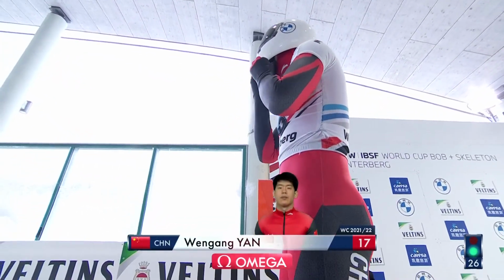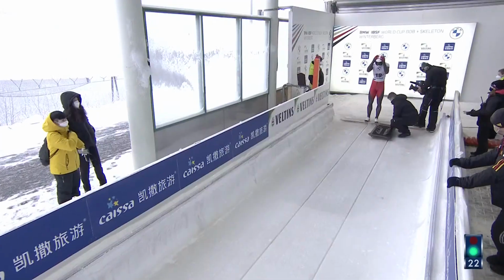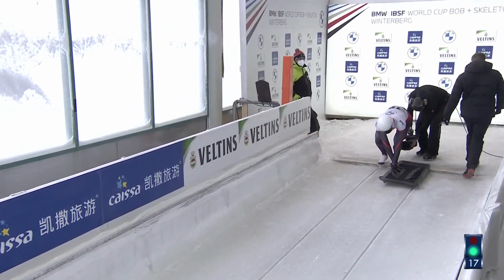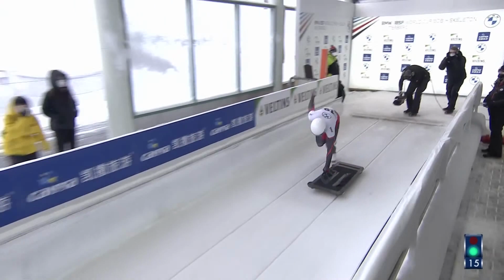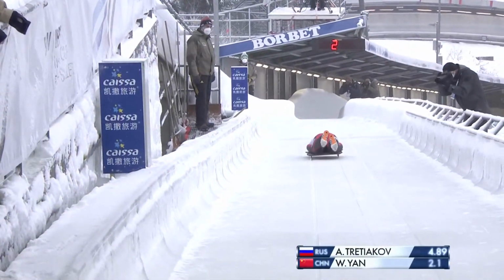19th starter in our field of 29, Yang Wengang of China, tied for 9th place in the last race here in December. This is his 3rd World Cup here. 13th in January 2020, and then 9th in December 21. So that's the progress of a season and a half, even if most of it was spent on home ice